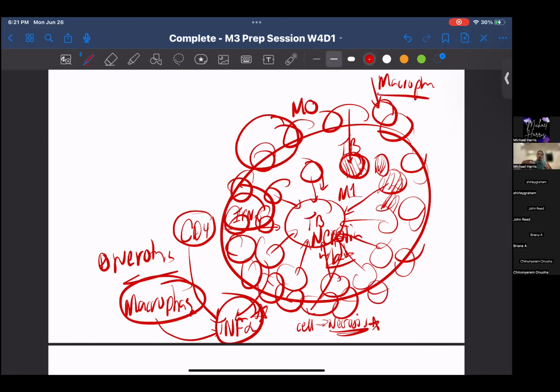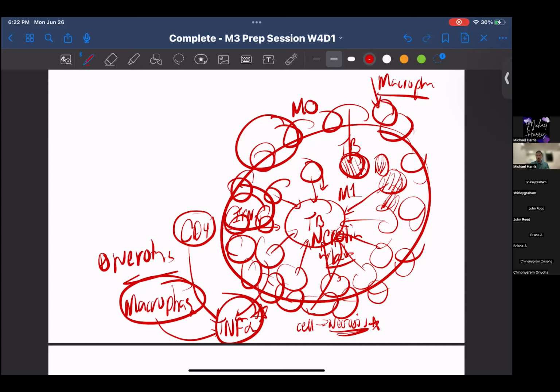It's like a black hole. More and more macrophages get sucked in towards the middle, trying to eat up this TB, and they die off because they can't eat it up. So then more macrophages build up on the outer wall, and then they get sucked in over time. Okay, so TNF alpha is the big player that's pulling in these macrophages and bringing more macrophages to the site of this